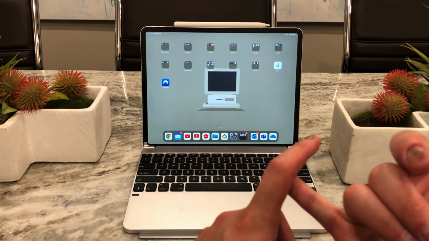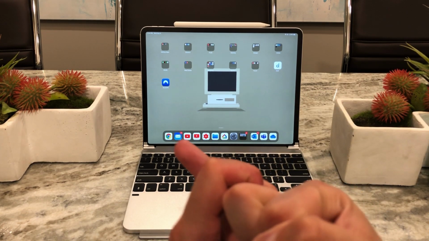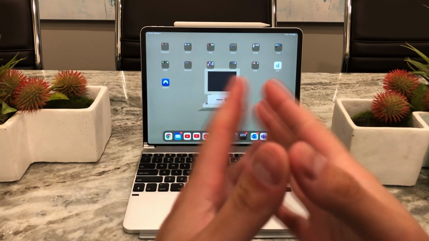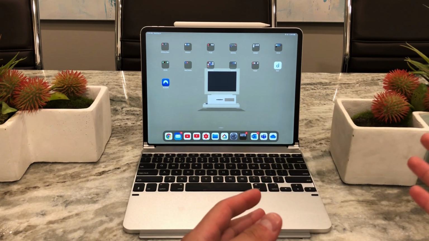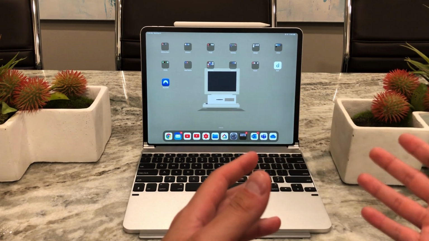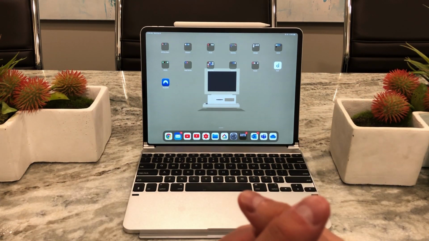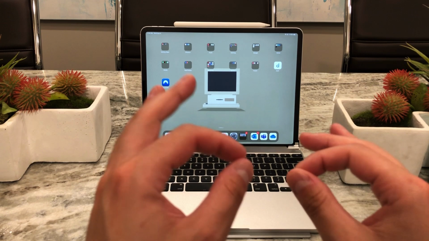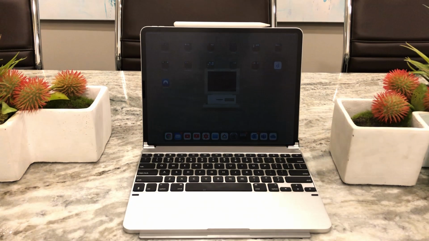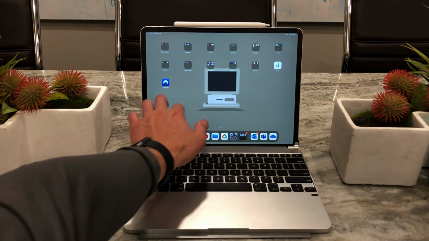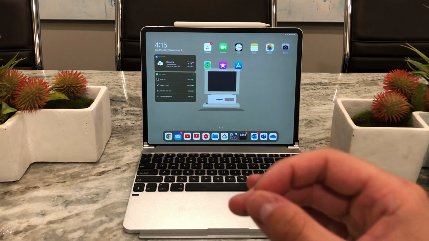A, they have to be able to allow multitasking through folders that are in the dock. And B, Microsoft has to get the SDK of iPadOS to be able to allow us to use multiple instances of the same application. So if I want to have two Excel files at the same time, right now it's impossible, which is kind of annoying. And those are the little things that are still holding the iPad Pro back from a regular desktop or a regular laptop computer. Because as of right now, unless it's an Apple application,